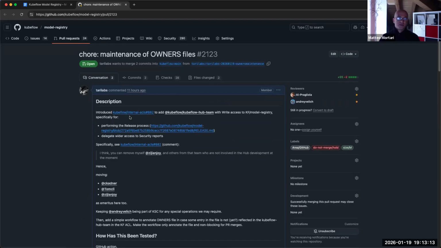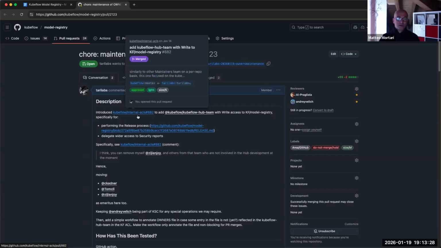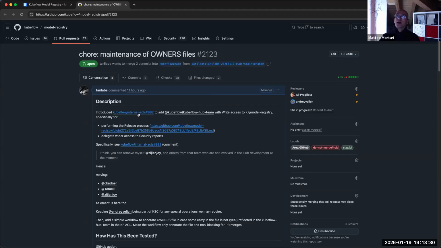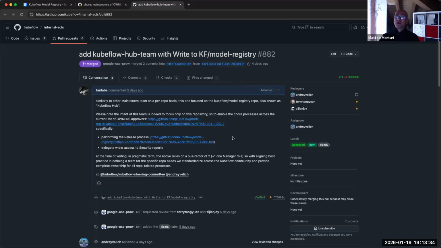I noticed that it was a bit more difficult in the past. Now it seems like it's more of a standard across working groups. So I seized the chance to create one, and to make sure that everybody who is an approver already is added to that ACL, so that we can spread the load, especially for performing the release process as documented.